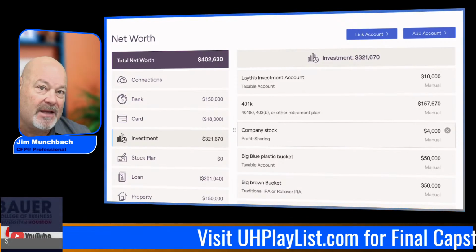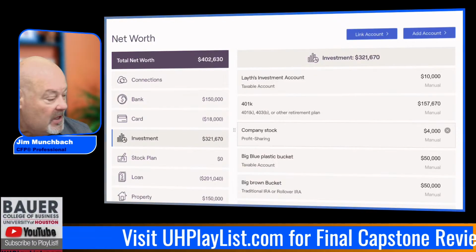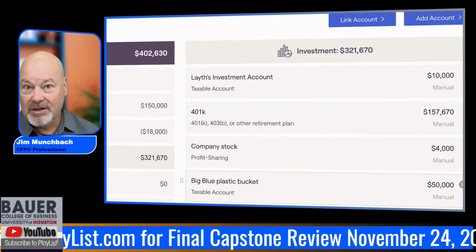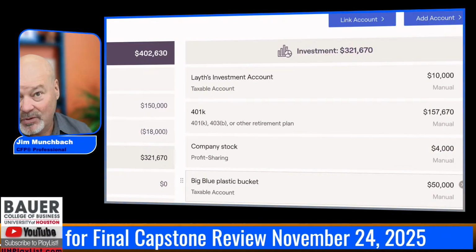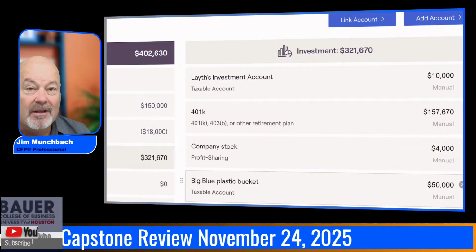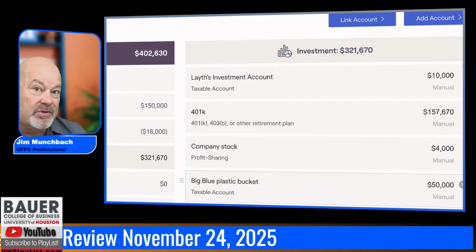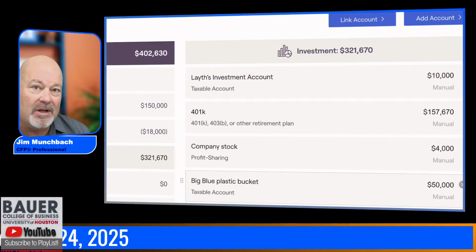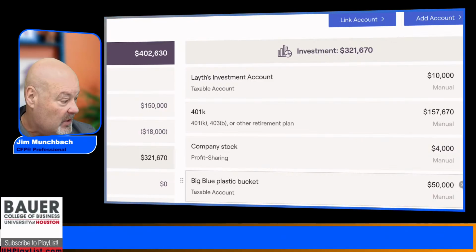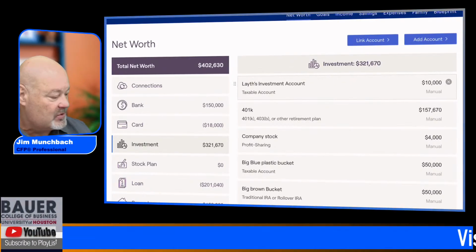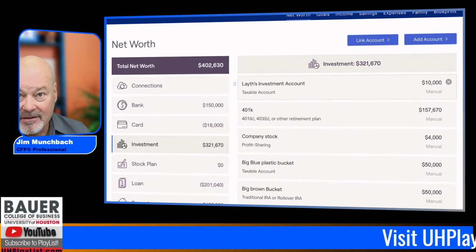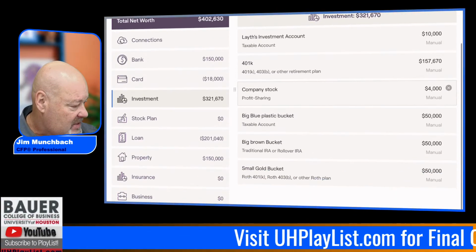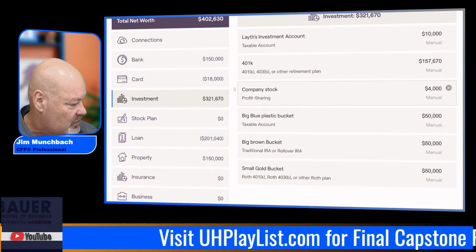But when you assume that you're going to be contributing to your 401k for 10 years, the account value in that 401k is going to be more than one year's worth of contributions. I didn't care how you got to that. I just wanted to see that you did what Lath did here, which was assume that you were contributing for 10 years to your 401k. So that's good. We've got some other things here that I'm not so sure about.